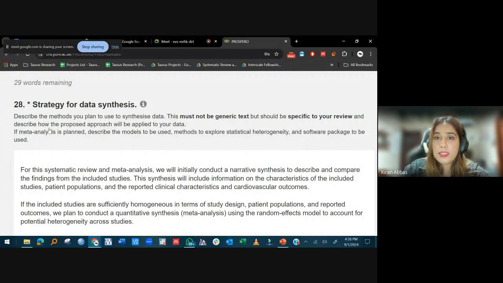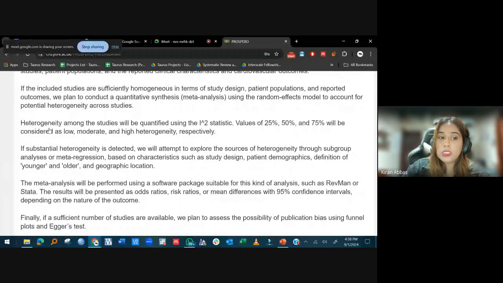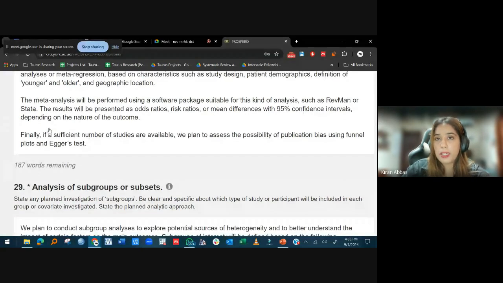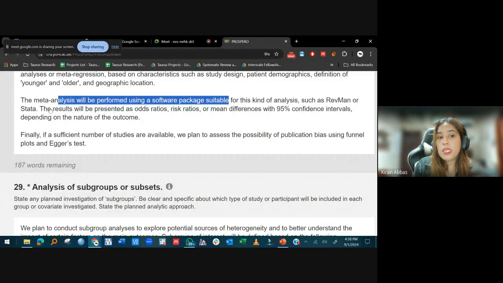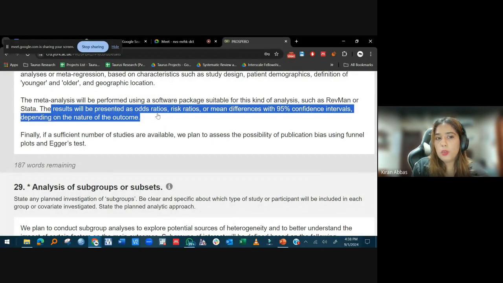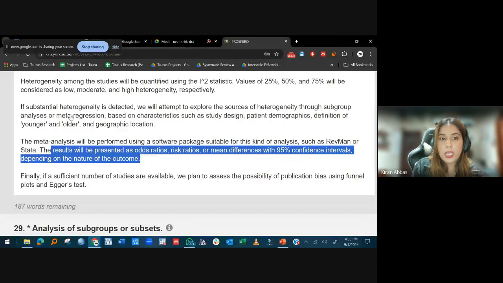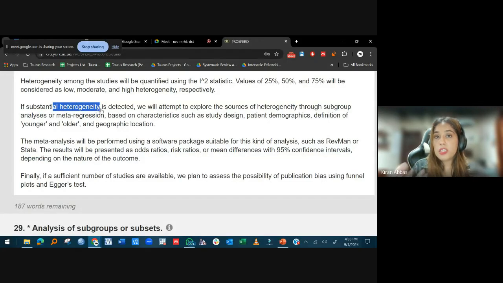स्ट्रेटेजी क्या है आपके डेटा सिंथेसिस की। अब आपने अपना सिस्टमैटिक रिव्यू कंडक्ट कर लिया है, स्क्रीनिंग कर लिया है, अब आप एक्सट्रैक्शन में क्या करोगे, किस तरह आप एनालिसिस करोगे। अगर मेटा एनालिसिस है तो उसमें आपको बताना होता है कि आप कौन सा सॉफ्टवेयर यूज करोगे, फिर आप उसमें किस तरह डेटा को ऐड करोगे। और एक और चीज होती है हेट्रोजेनिटी, कि एक स्टडी दूसरी स्टडी से कितनी डिफरेंट है, ठीक है। तो हेट्रोजेनिटी का इम्पोर्टेंस ये होती है कि अगर एक स्टडी बिल्कुल ही डिफरेंट है दूसरी स्टडी से, तो फिर आप कंपेयर कैसे कर रहे हो, दोनों स्टडी को एड अप कैसे कर रहे हो, राइट।